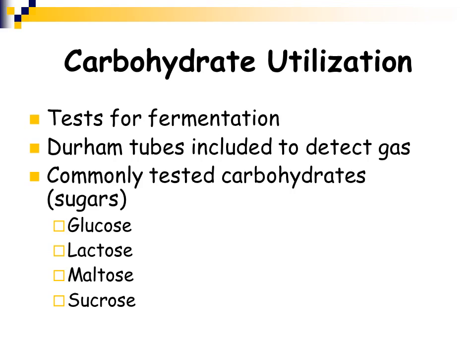These Durham tubes will allow you to detect gas production. The commonly tested carbohydrates are glucose, lactose, maltose, and sucrose. But you can make any type of carbohydrate media tube and test the ability of the organism to ferment